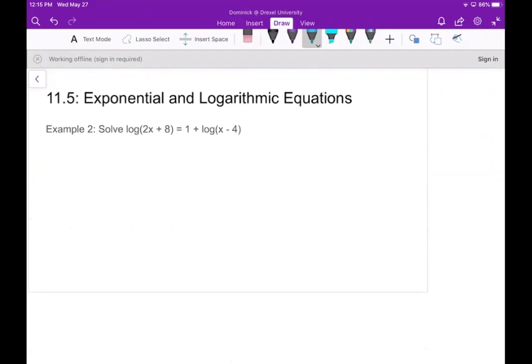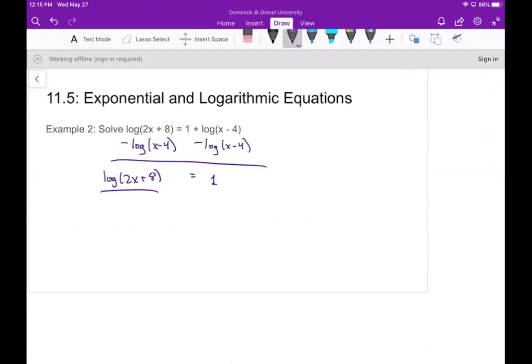Okay, so let's solve this log equation. So now remember, the goal for a log equation is to get all the logs by itself on one side, so we have a single logarithm. So then on the right side, we have 1, and on the left side, we have a log of 2x plus 8